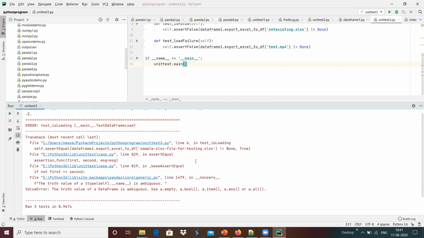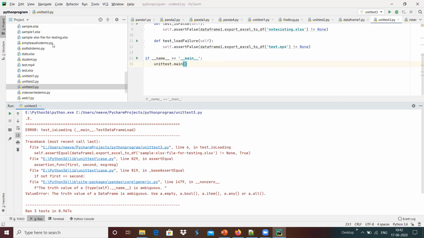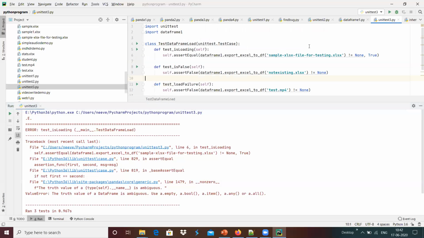Two test cases have passed, and in one test case we have got an assert, which is something like data frame of sample XLS file. Maybe we can check whether it contains the sample XLSX file for testing over here, and we are passing that value.